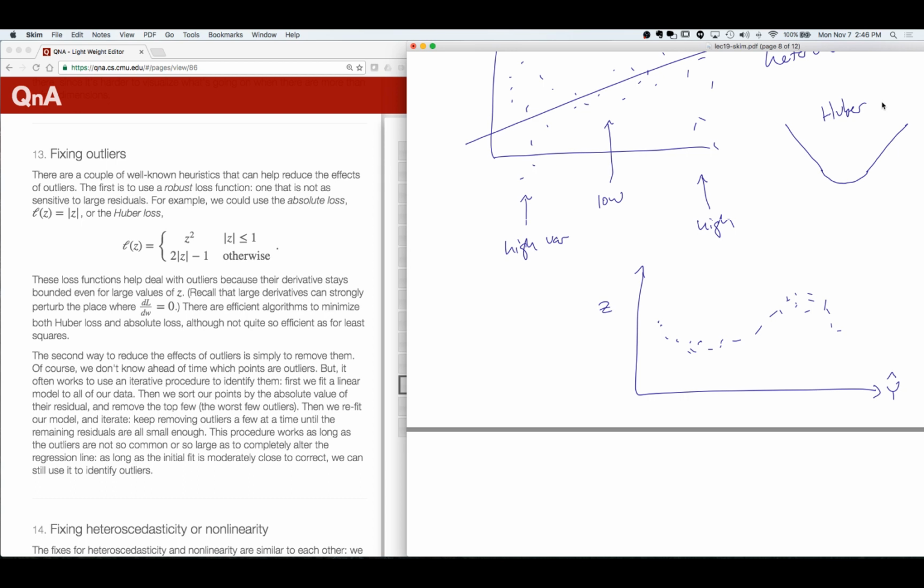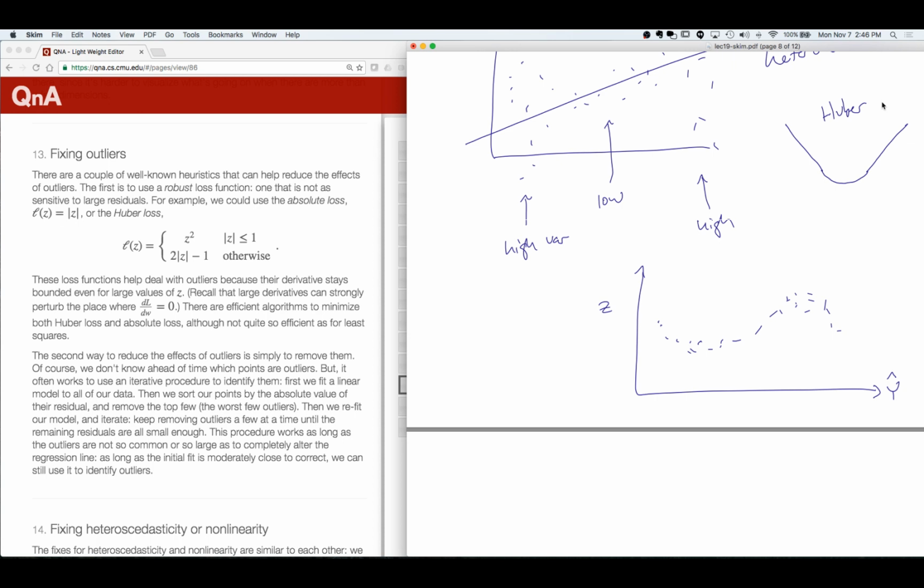Now, it's not quite as efficient to minimize Huber loss or absolute loss as it is to minimize squared loss, but it turns out that there are still efficient algorithms to solve the problem. The second way to deal with outliers is just to get rid of them. And getting rid of them means we have to find them, but it turns out that there's a very simple heuristic that can often find them really easily, which is to fit a line to all of our data and